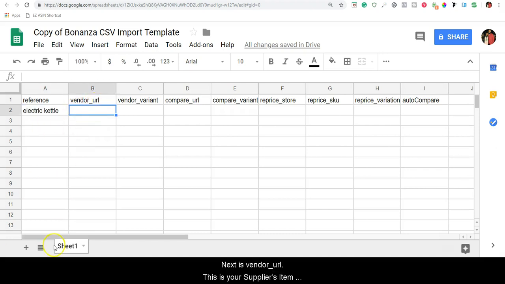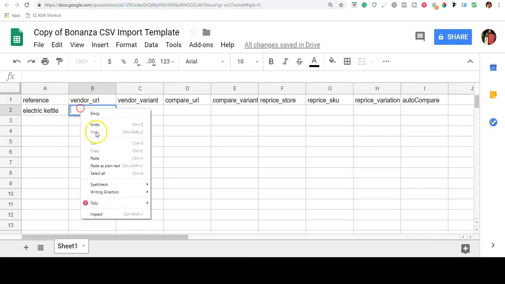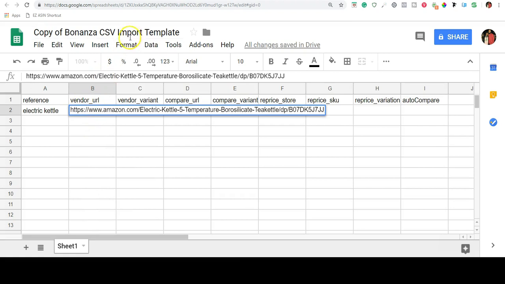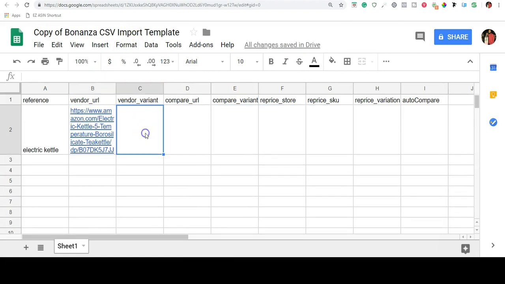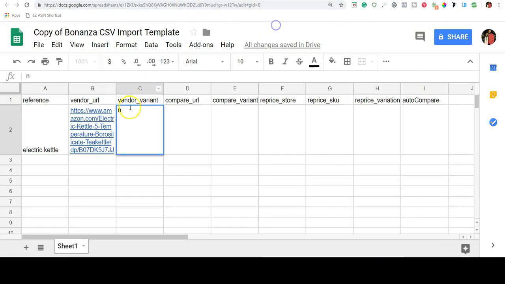Next is vendor_URL. This is your supplier's item link or supplier URL. This will be the URL for the product at your supplier. Paste in the URL here. Be sure to use a clean URL. Typically anything starting with a /ref or question mark on down can be deleted, as it will throw off your